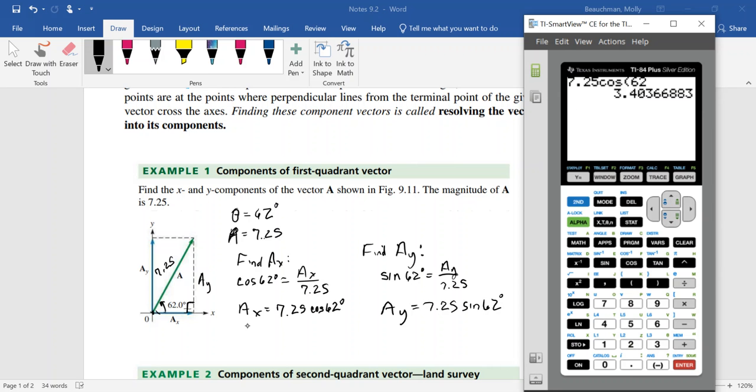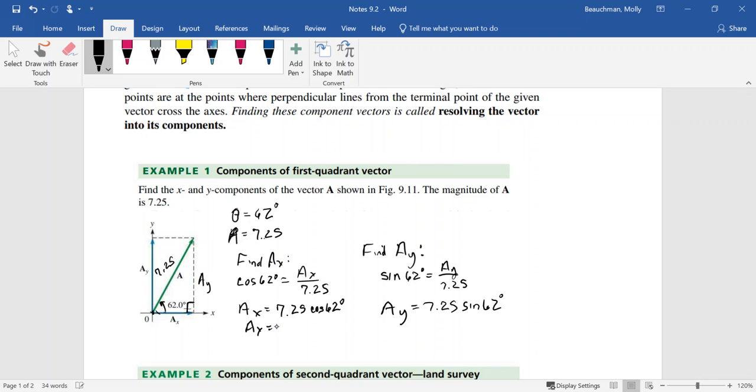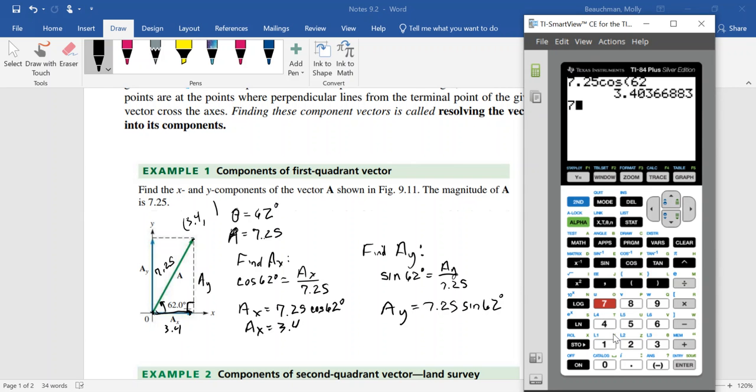So the x component is about 3.4. That means that's the length of this vector along the x-axis. That also means if you were to look at the terminal point, 3.4 would be the x-coordinate of the terminal point. Now we find the y component, take 7.25 times the sine of 62 degrees,